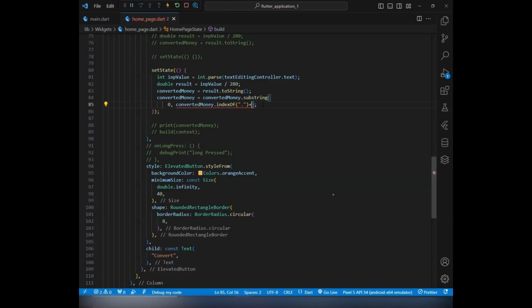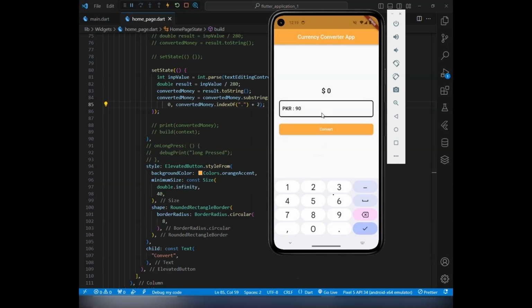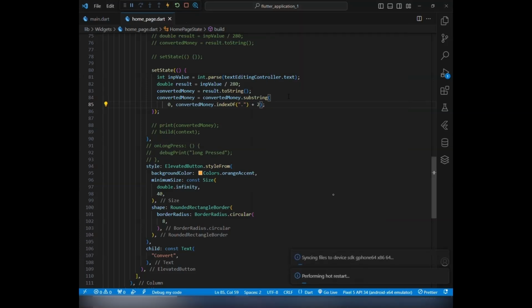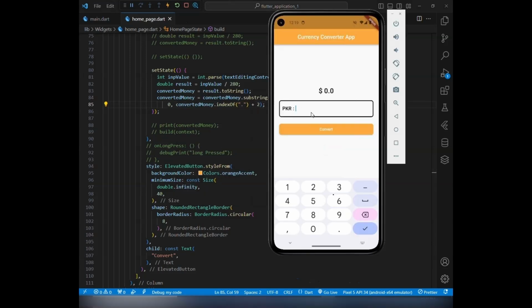As they input the amount, the app dynamically updates the conversion result in real time, providing instant feedback and transparency. The app's currency conversion functionality is powered by real-time exchange rate data sourced from reputable financial